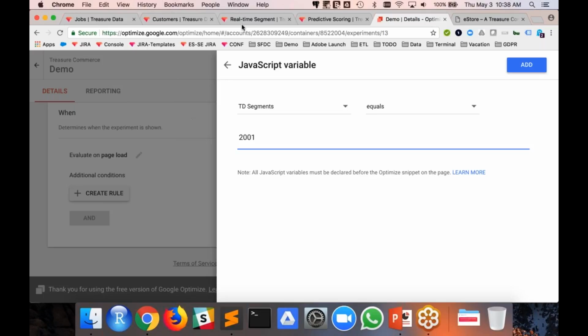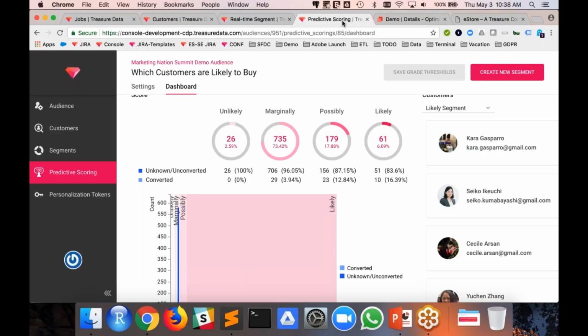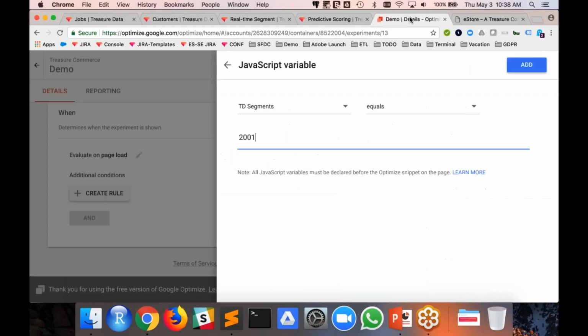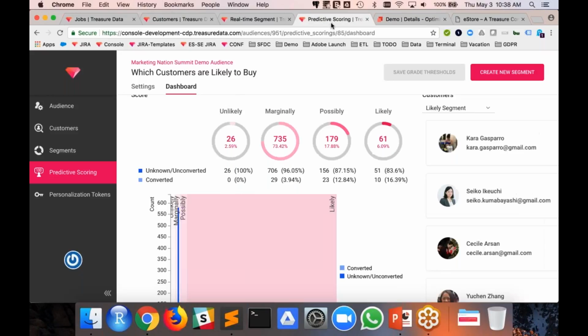And so with Treasure Data, what we try to do is we're not creating or managing this creative for you. We're going to work with other tools that already do the creative and then deliver that to the customer at the right time. And so that is pretty much everything I wanted to cover about personalization, and I covered everything